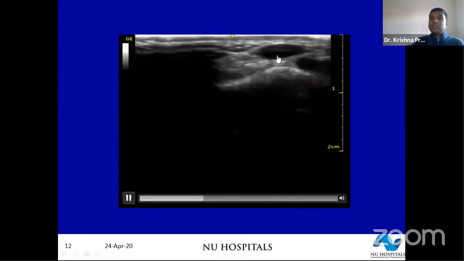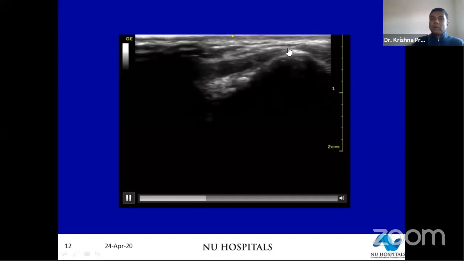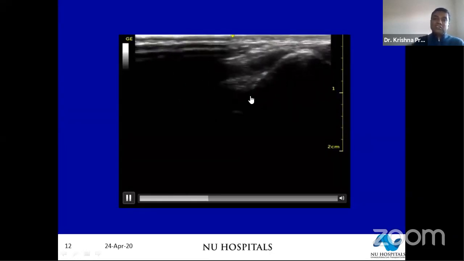I'm moving more laterally and I still cannot see any vessels. Look at the vein. You can easily compress it. There's nothing left there. You can't see anything. No residual size to measure. But in a thrombophlebitic vein, you'll be very clearly able to identify thickness in the vessel wall.